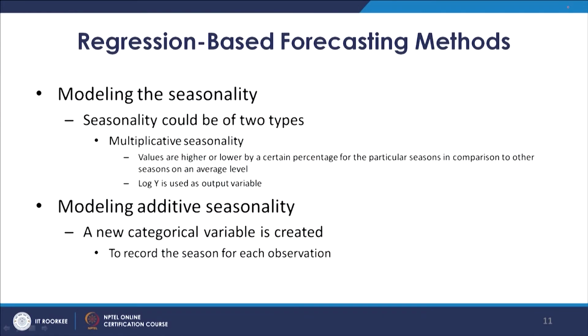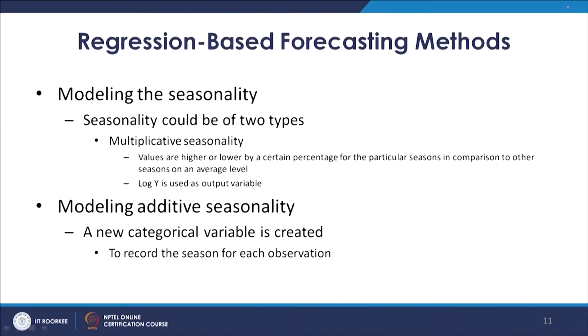So, what we are going to do next is we will take our bicycle ridership example and we will model additive seasonality, where values for a certain period where we are expecting seasonality are going to be either higher or lower by a certain amount. So, what are the steps that need to be taken to implement this additive seasonality?